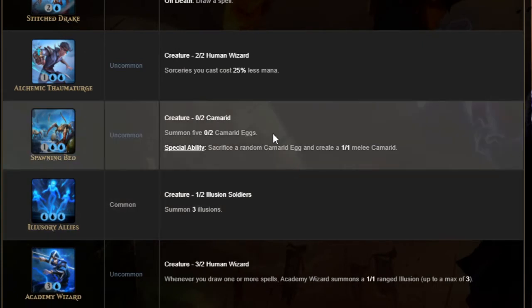Next we have Spawning Bed, which I think is a fun way to do sort of defensive creatures in blue as well as sort of mass creatures. So you're going to summon 5 Chimera eggs, which have 2 toughness, but they have no power, so they're not going to really be damaging anything. But they will occasionally sacrifice a random egg to create a 1/1 Chimera creature. So they're going to soak up some damage and then randomly hatch, is what we're looking at,